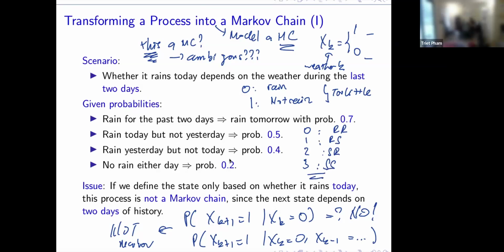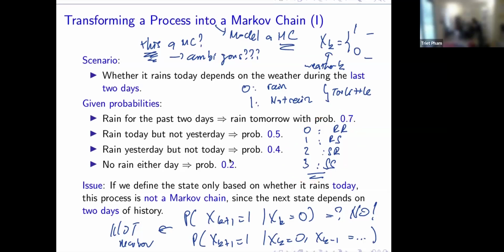Because clearly somehow we are carrying 2 days at a time. So let's see if we could do that. And notice, just because we come up with a clever idea, that doesn't mean it may work. I'm not saying that whenever you hit on a bright idea, it must work. You have to check it. You have to clearly establish that it works. So let's carry this out, and see